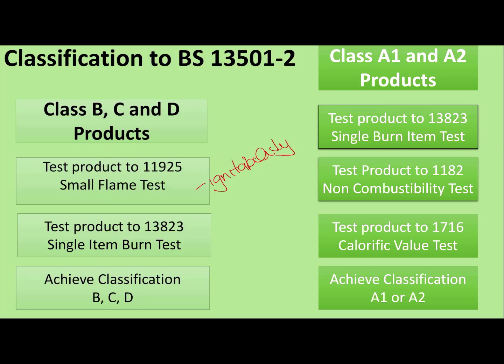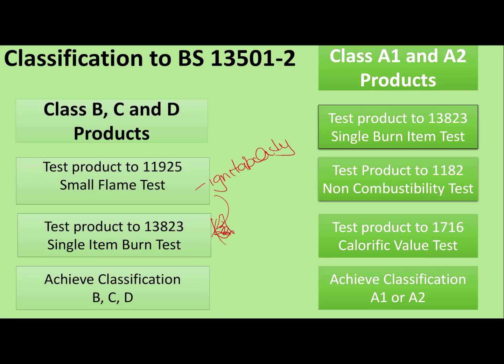It's the ignitability of the product that effectively starts the fire. So it's an ignitability test, incredibly simple. We're going to go through it in a minute. But unless you pass that test, you can't go on to